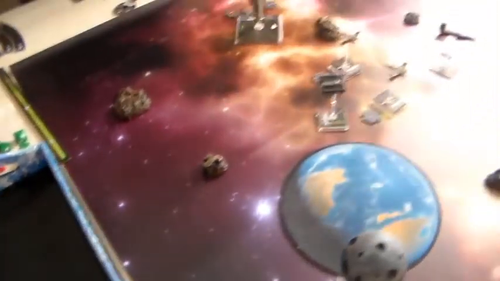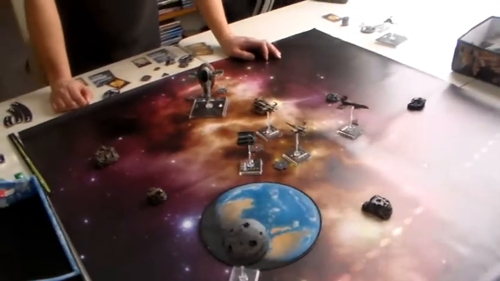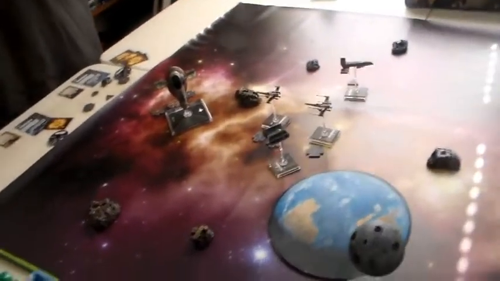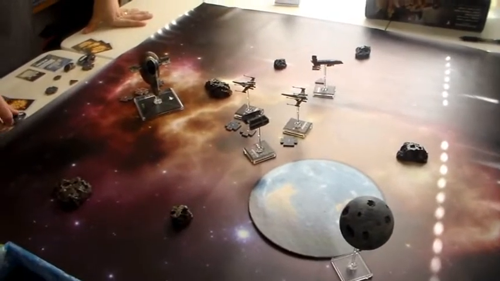So Wedge is flying well. Peril's a little bit in trouble now. Ouch. There's some damage on the hulls of these ships. Horrible roll. Yeah. Super hot. That was just dice. That was ridiculous. That was some crazy rolls. Alright, let's...